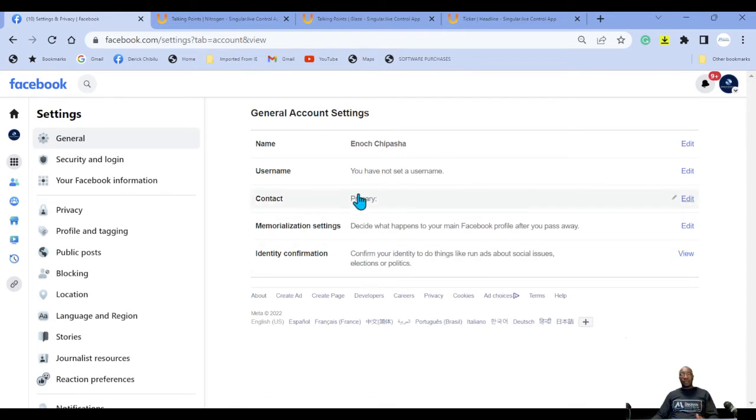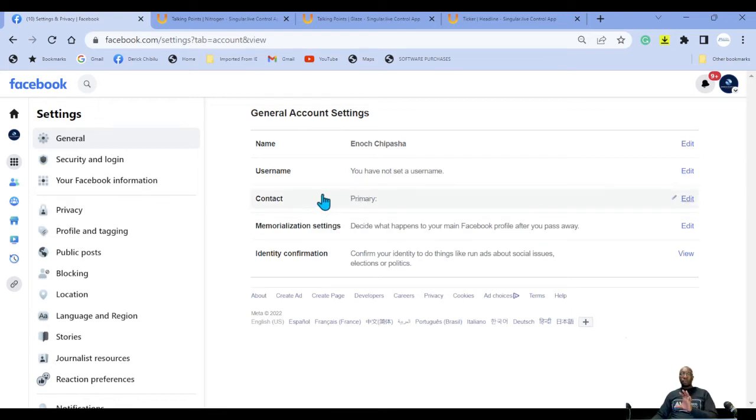Now, people blame Facebook, but Facebook has put a lot of things in the settings so that we can go and secure our accounts. As we see in the next videos, Facebook allows us to secure our accounts, but people don't take the time and the trouble to do that.